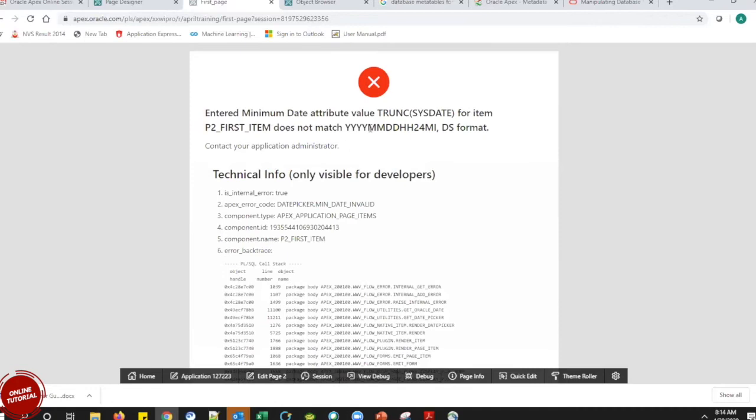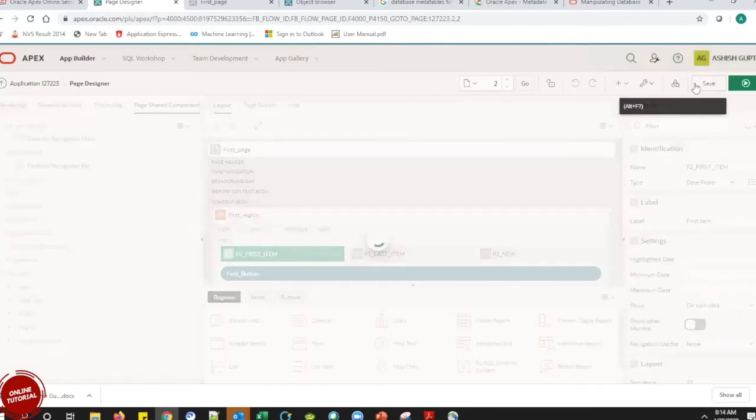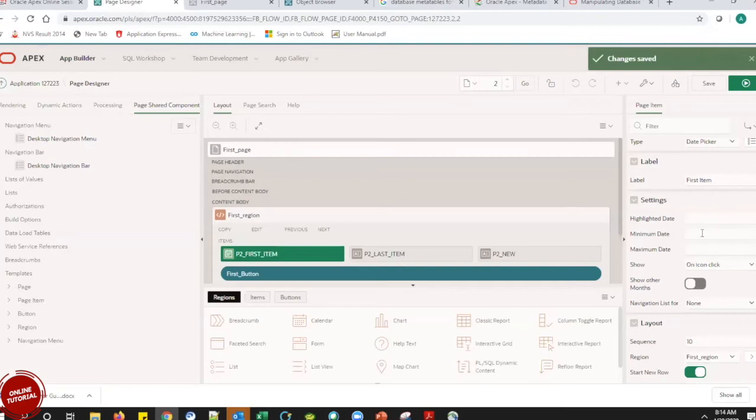No, it is not going to, because it is looking for this specific format. If I do not keep this in the specific format, the page is going to throw the error for that item. So where exactly is that format coming from? Is there some kind of a setting? DDMM. No, we see the error that we are seeing in our page here.